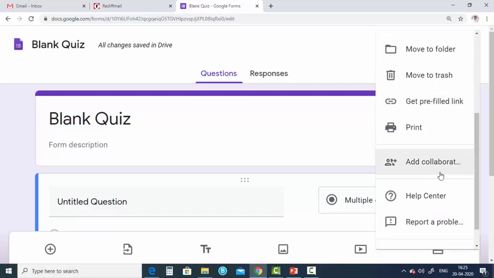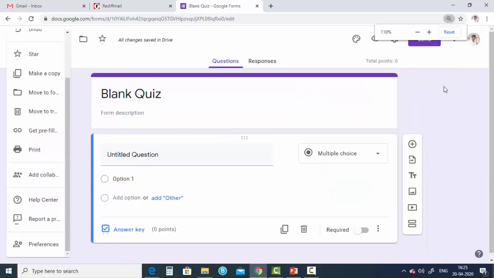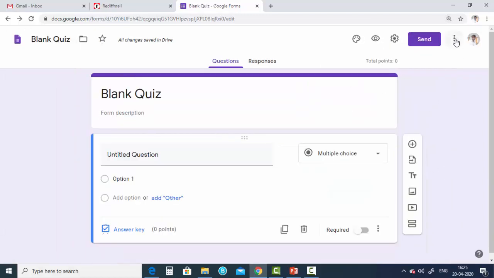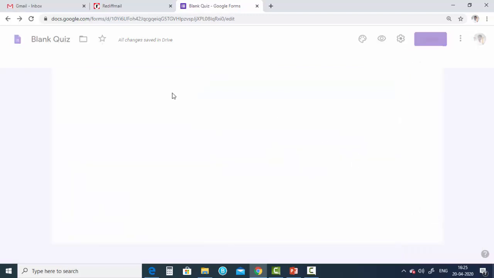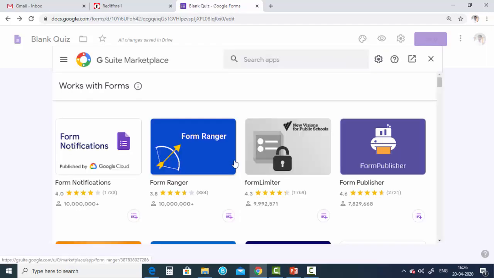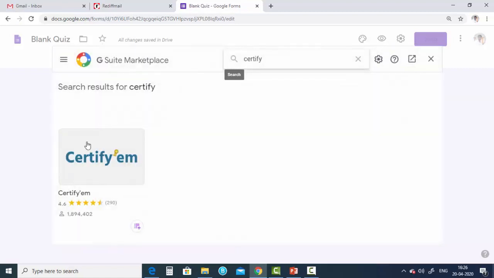There is an add-on space. When you click on these three dots, you can get add-ons. So the add-on tab is there, you just click on the add-on tab. It will show a number of different apps which are provided by Google for the utilization of any teachers, or any persons. Here we are putting certify. You can put certify also, you will get that app directly here. This one is known as the Certify EM app. So I'm clicking over here,